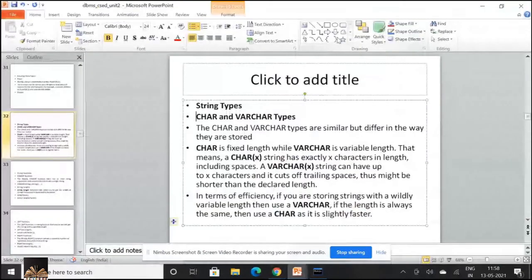That is the only difference between character and variable character. Variable character is a bit slow and character is a bit fast. So whichever type you want to work with, you can use.